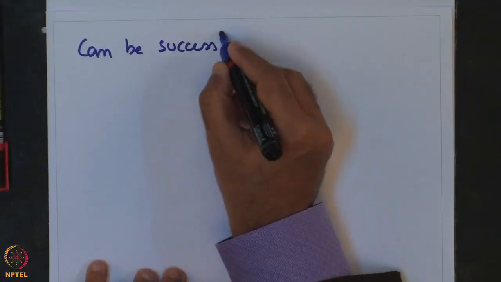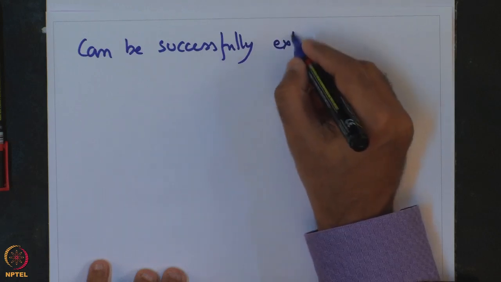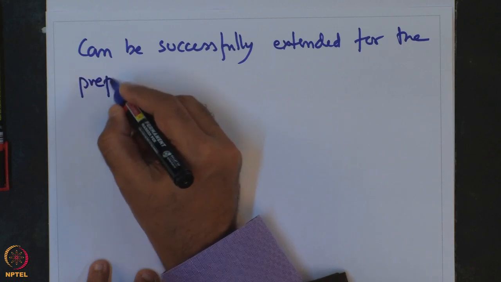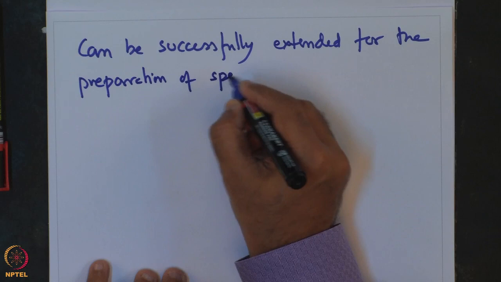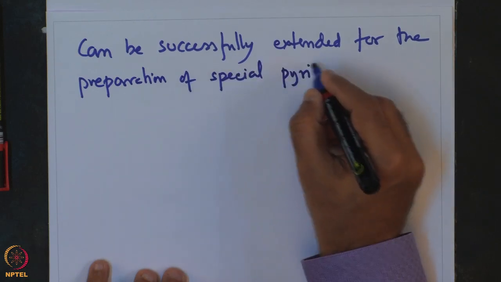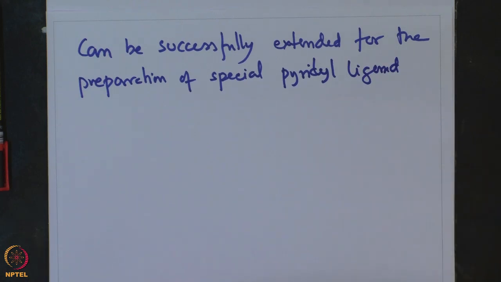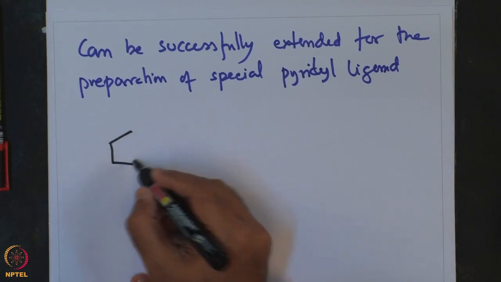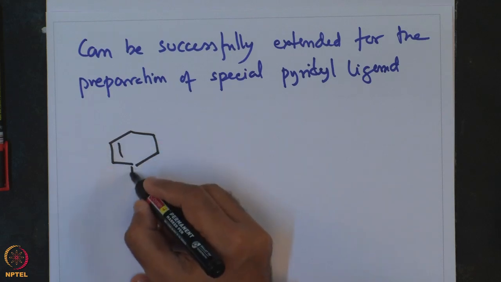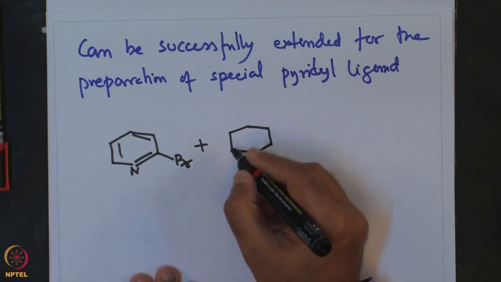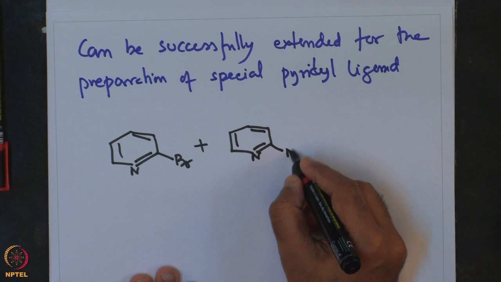Now, this reaction can be successfully extended for the preparation of special pyridine ligands, as is shown over here. Br plus NH2